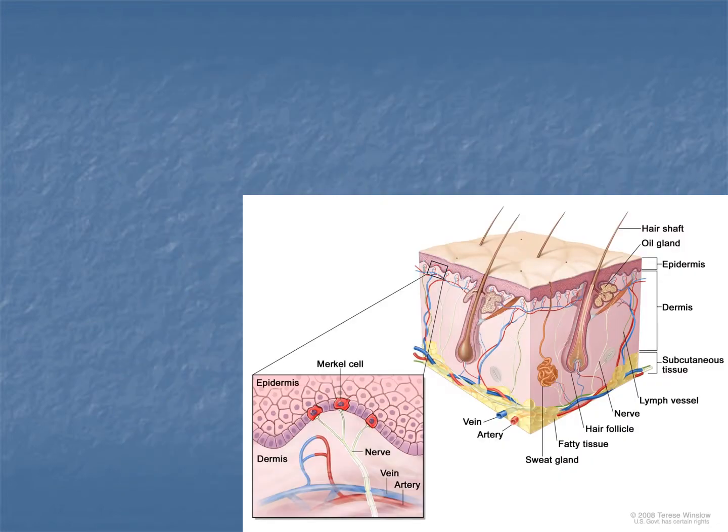Also present in the stratum basale, Merkel cells are attached to the keratinocytes by desmosomes, and they are involved in sensory function, in perceiving sensations, touch sensation. They are attached to a Merkel disc. Also present in the stratum basale,